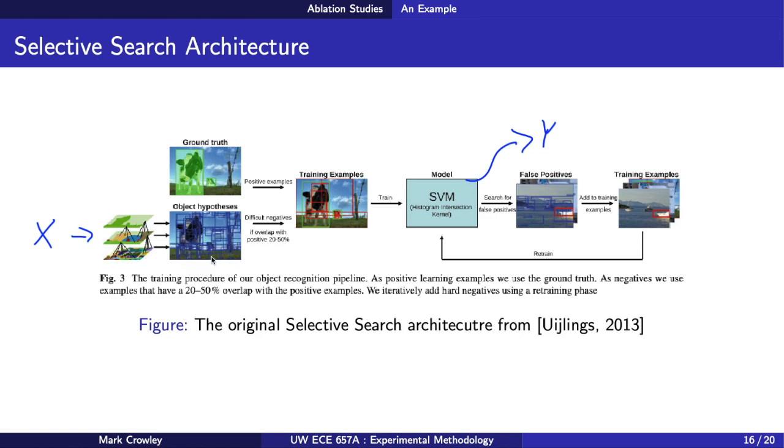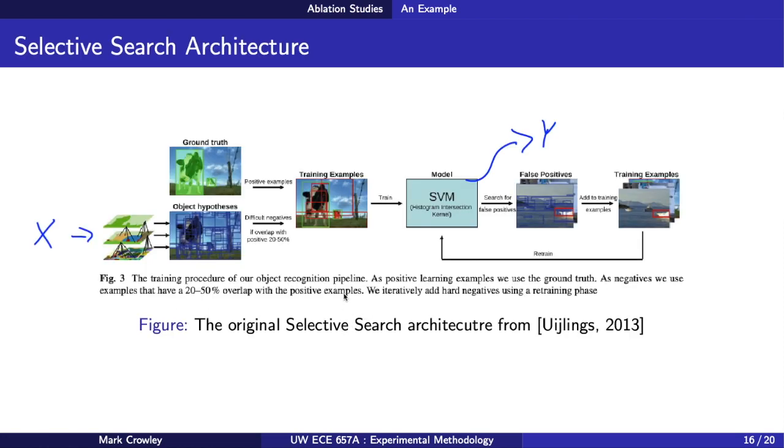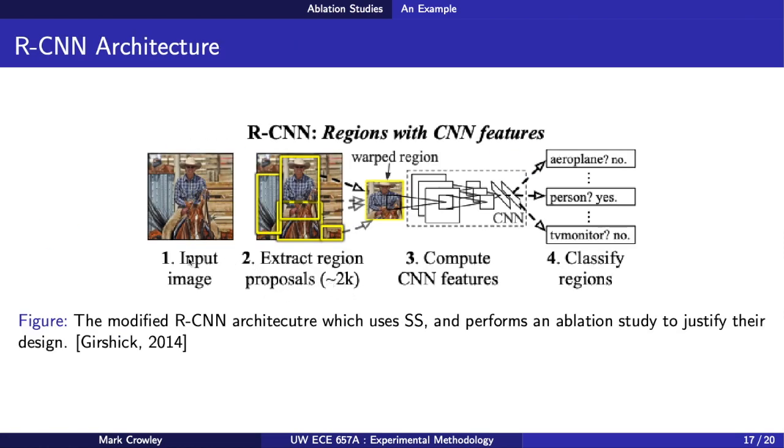It's all about detecting what subsection of the image is useful, and then they come up with examples, and the SVM does its training, and it gets feedback and keeps going. So they had their original paper with its own results, and then this Girshick paper tried to build on top of that. So they had their own algorithm where they take the input image, they run the SS algorithm in